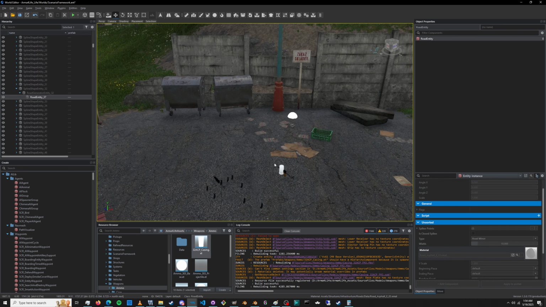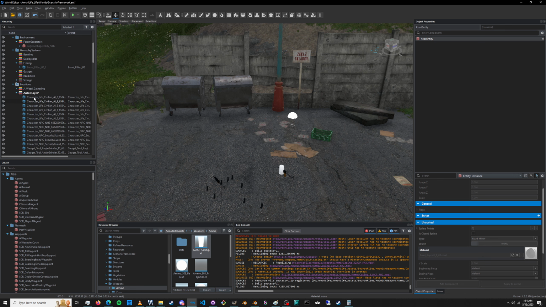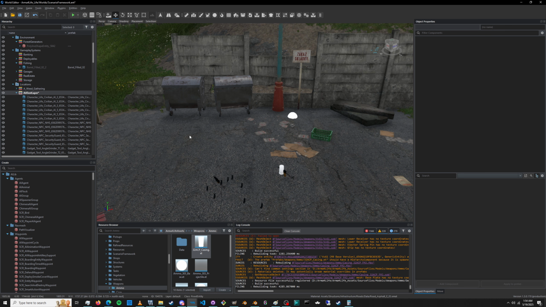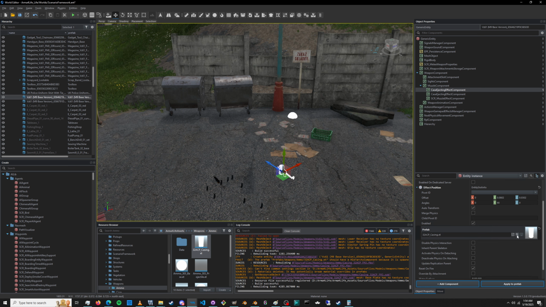And you can't click on things like this, which is really annoying. So you can, but you have to be on a different layer. And I don't know why they do that, but because this stuff is on test layer, and that's the active layer, we can't click on it. So if you just make any other layer active, then you can click on this stuff. I really don't know why they do that, but okay. So here,